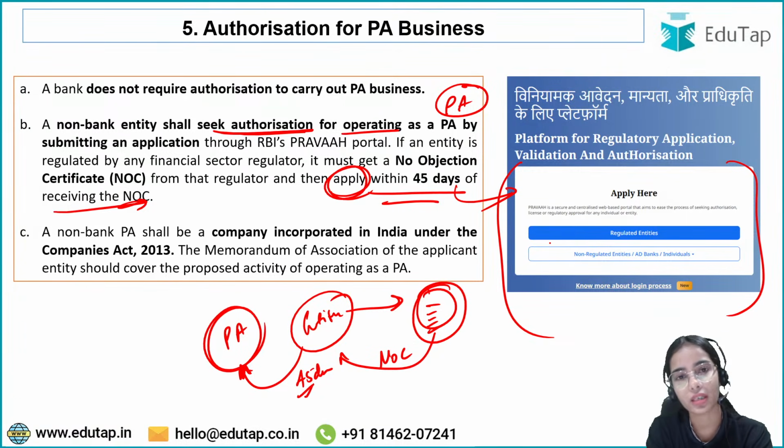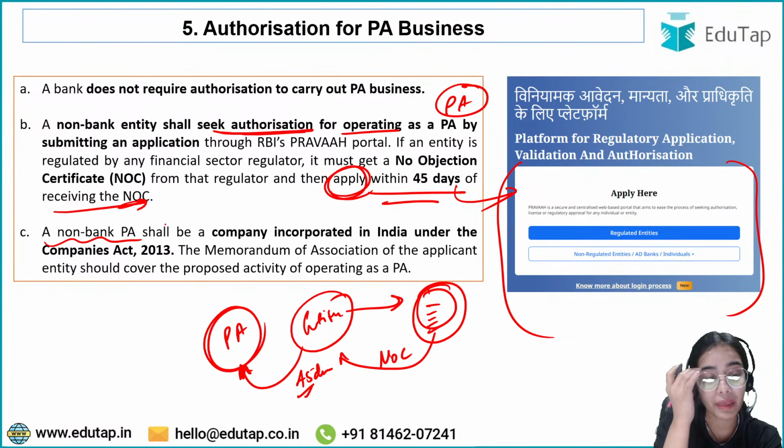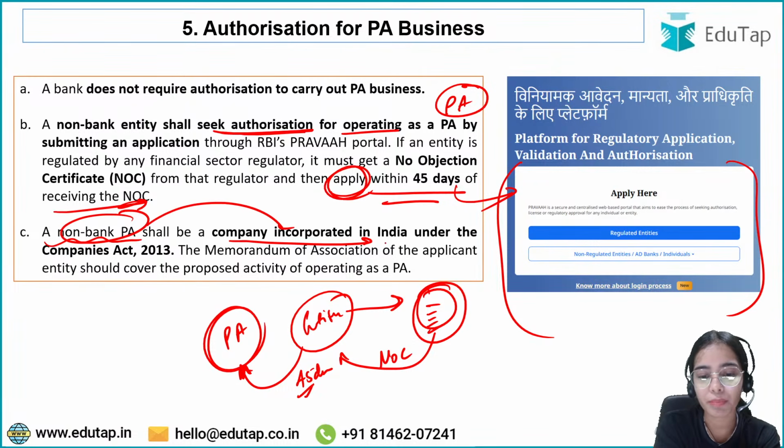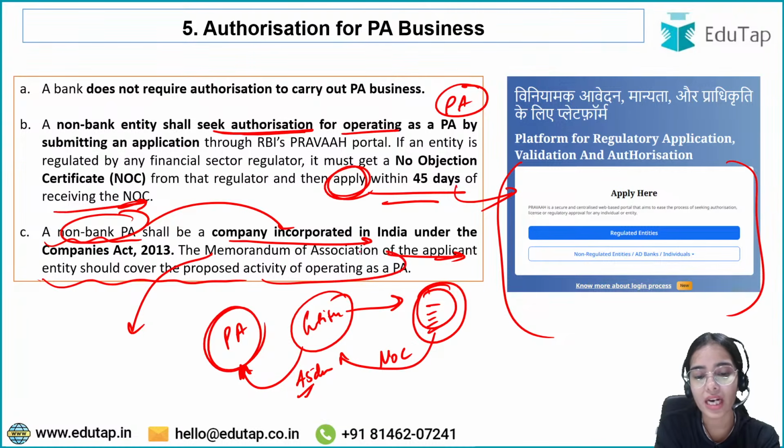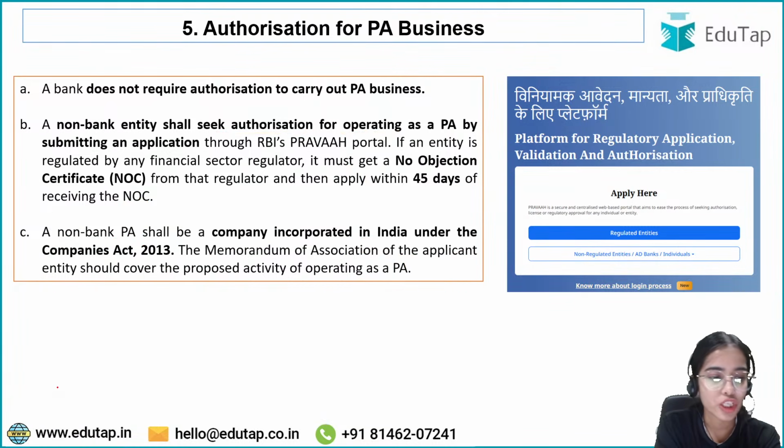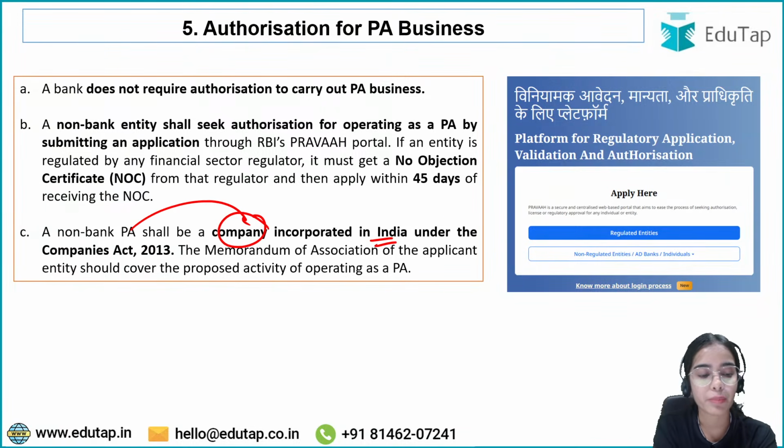payment aggregator license. A non-bank payment aggregator shall be a company incorporated in India under the Companies Act 2013, and the charter document of the company, or the memorandum of association, that is the main document of the company of the applicant entity, should cover the proposed activity of operating as a payment aggregator. So basically, a non-bank payment aggregator shall be a company incorporated in India under the Companies Act 2013, and in the memorandum of association, the main document of the company,